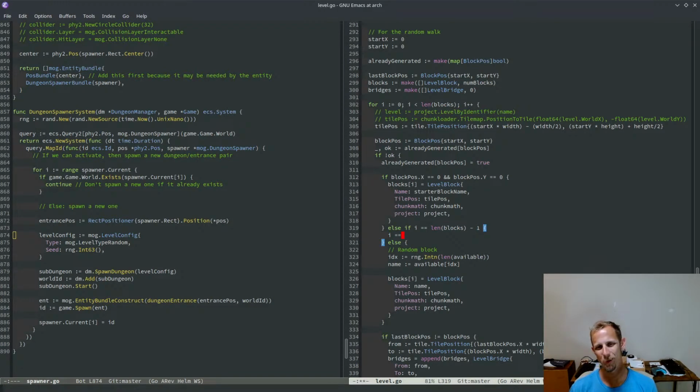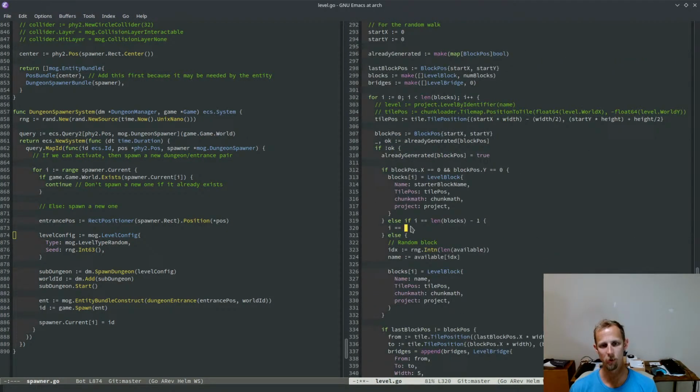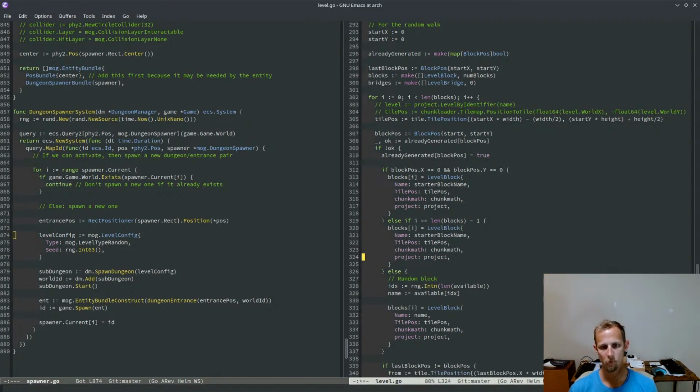We could do it this way, or we could do it outside the for loop. We could just throw in the final one. Let's just do it. We'll do it in the loop. Boss block name. Maybe we do need a